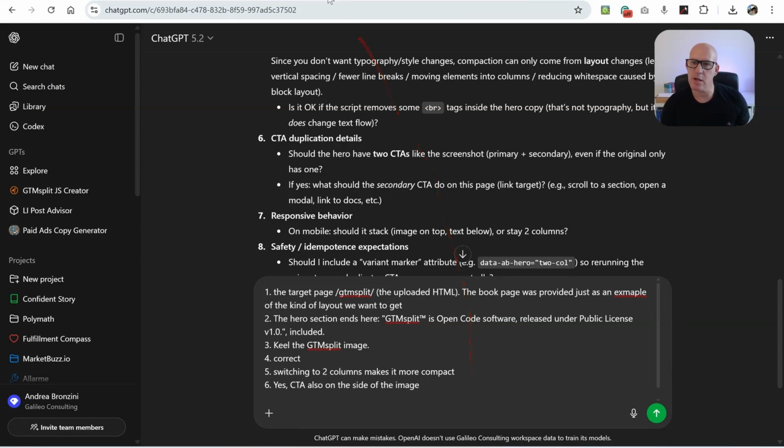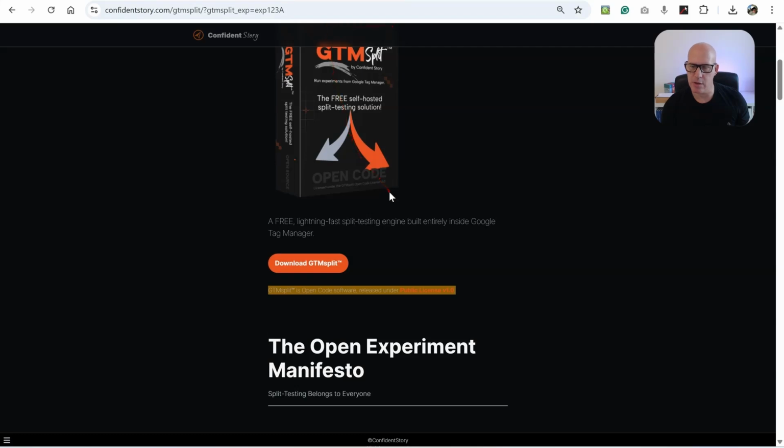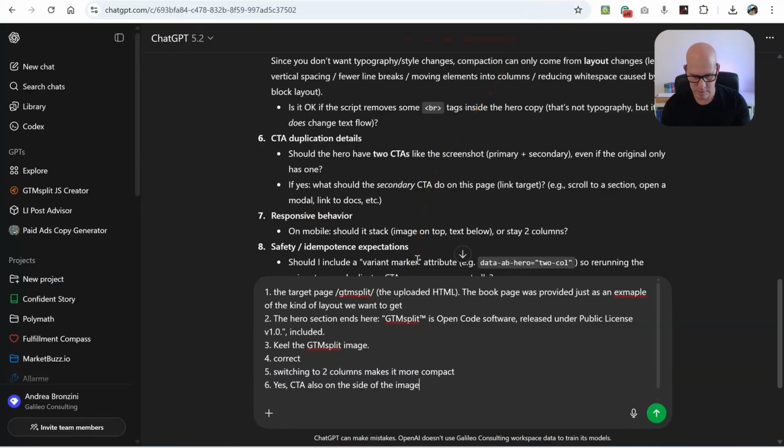Let's have a look at the page here. I would keep everything here really on the side of the image. We'll just copy the entire thing. And also,